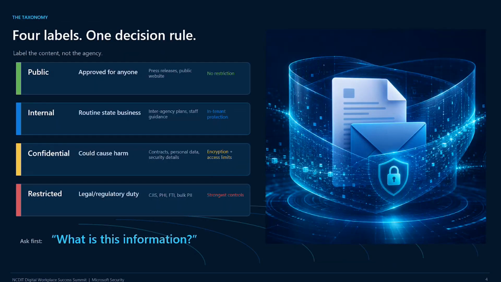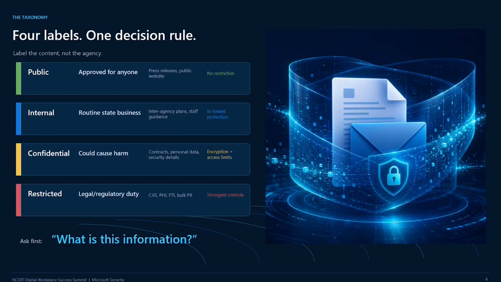There are going to be 4 major categories that you're going to see with these labels. So your big question as you're working with data is, what is the content? What type of protection does it need? If it's public, this is content that's been approved already for everyone. This could be a newsletter. This could be press releases or public website materials, stuff that is safe to share with citizens, no regulatory impact at all.